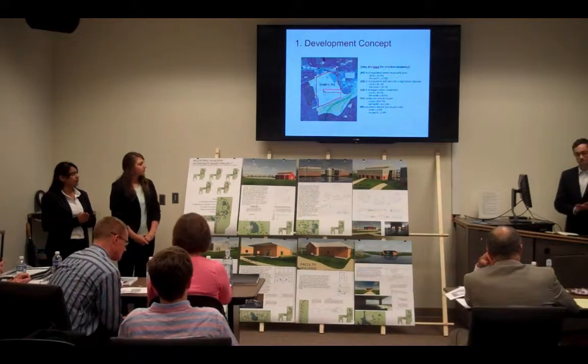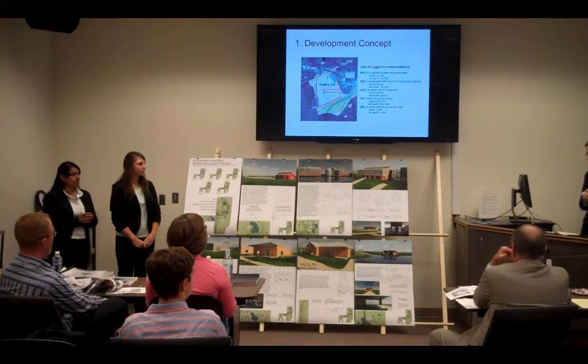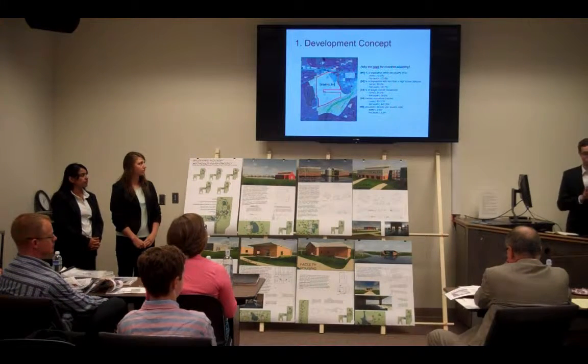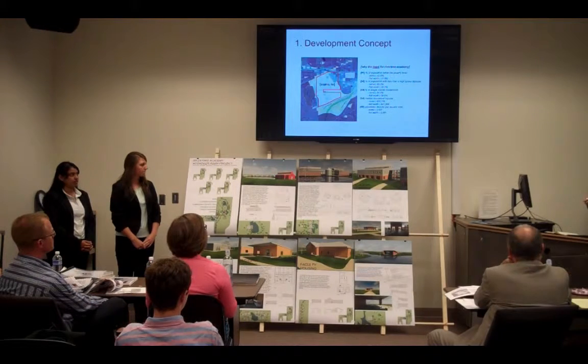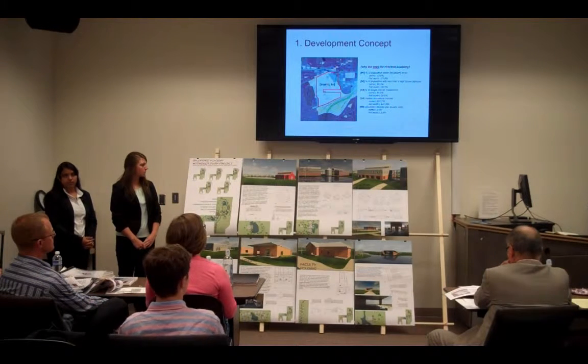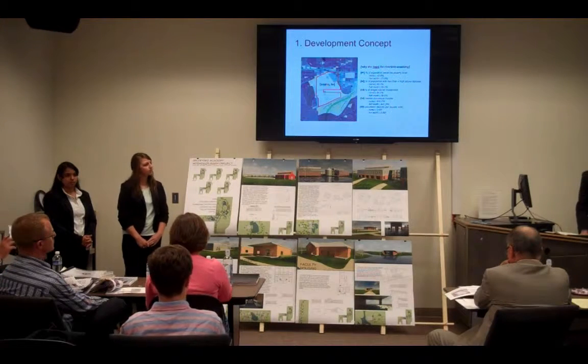What we did was we looked at the census data, and we found out that the percentage population below the poverty level was roughly 43% in Como, and the percentage population with less than a high school diploma in Como is just over half. So there was a definite need we found for a project of this caliber.